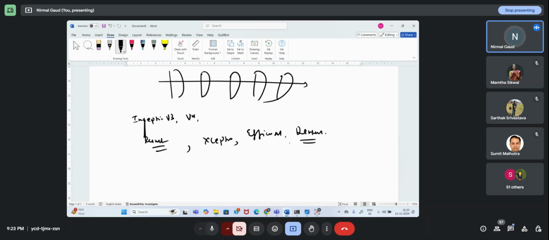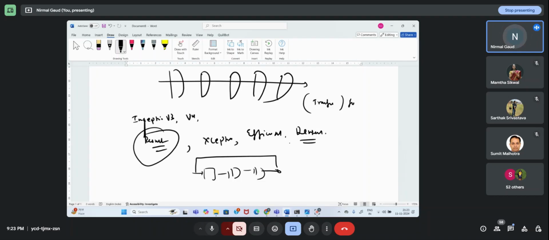So VGG16 and 19 are sequential convolution. ResNet has skip connections. That means we have these layers, and then we give a skip connection. You can see this skip connection also in the transformer architecture for LLMs, large language models. I do teach generative AI there. You have skip connections if you see the transformer architecture of LLMs, GPT, Generative Pre-trained Transformer.